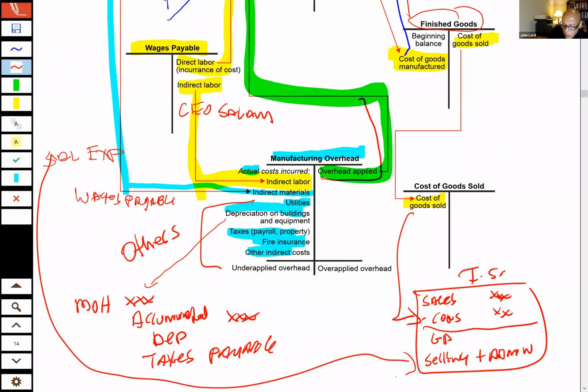Okay, good. Now, we would probably not have had a perfect estimate of what our predetermined overhead rate should be. And so there will always be an under or over applied overhead. We're going to deal with that in another lecture. Don't worry about that right now. Okay. Question. Okay, good. Now going back